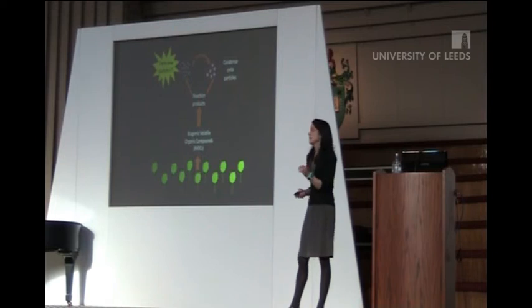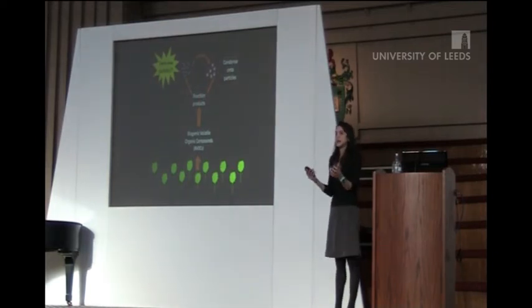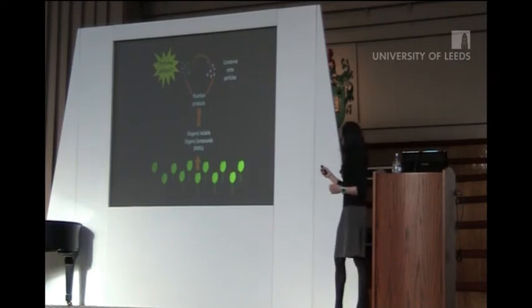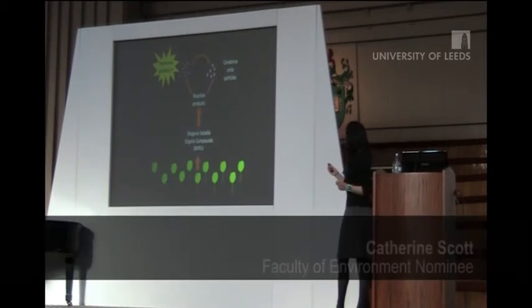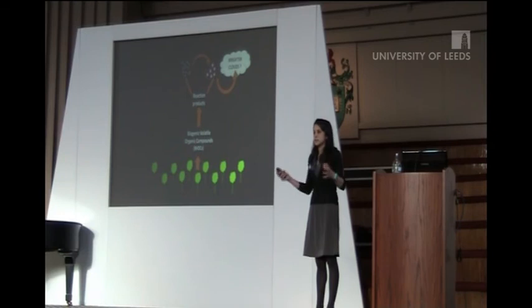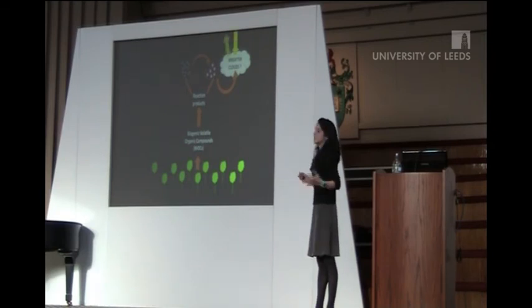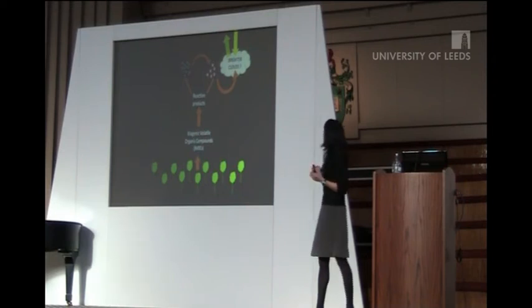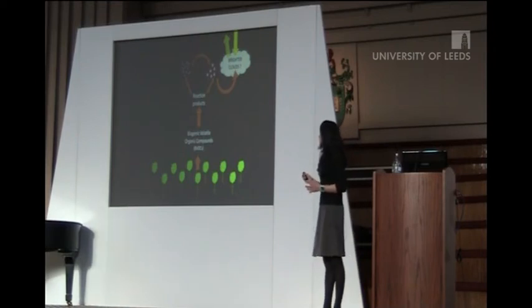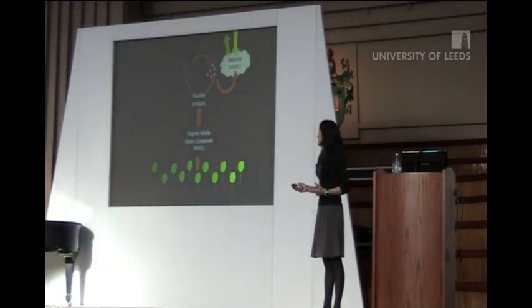And that's the thing that's really important, because when particles get to a certain size, and if they're made of the right stuff, they're able to act as a nucleus to form cloud droplets. So the more particles you have that are larger, the more particles you have that are able to form cloud droplets. And that's important, because the more cloud droplets there are in a given cloud, the brighter it will be. And that means it will reflect away more of the sun's energy, because there's more opportunities for the energy to be reflected back within the cloud. So this effect has a cooling effect on the planet. And the idea of my research is to try and understand globally how important this could be.